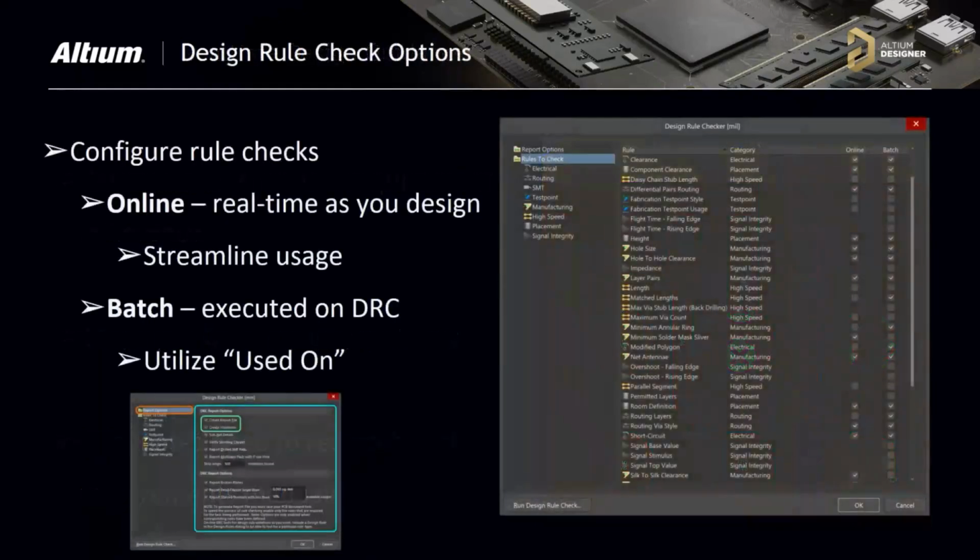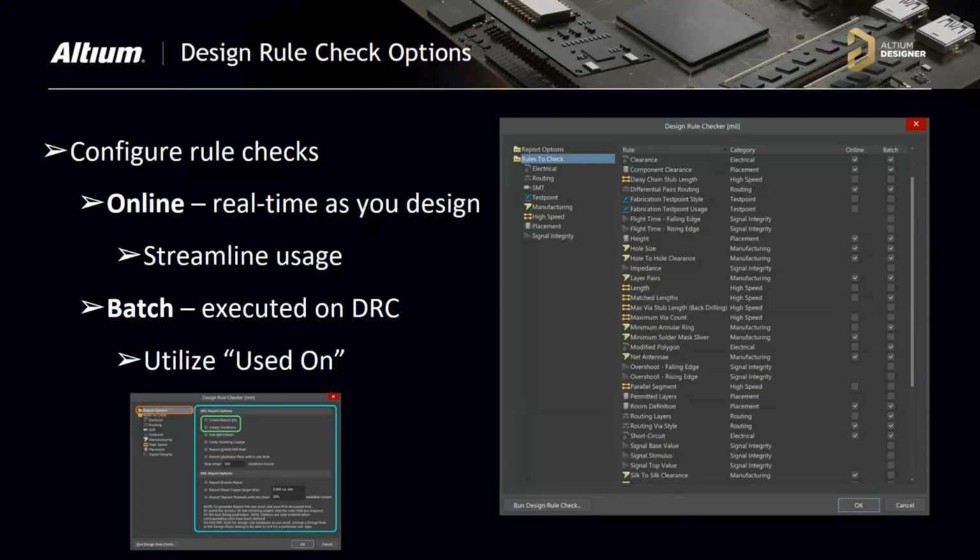And the next one is the DRC check, where we'll talk about the different rule types of rule checks. When you configure the rule check, there is an online rule type, which checks when you are in the PCB, and while routing, both width rule, clearance rule, all the rules it will be checking. As I told previously, if you have a bunch of rules, you can choose online or batch. But my suggestion, if you have a bunch of rules, is to choose batch. In my case, I will select clearance and width rules as online.